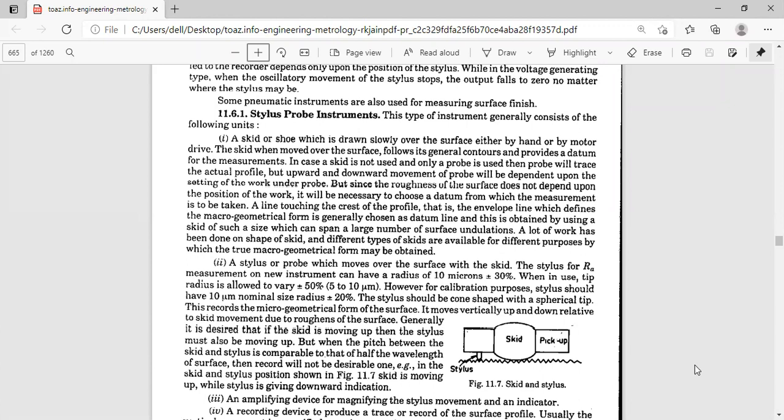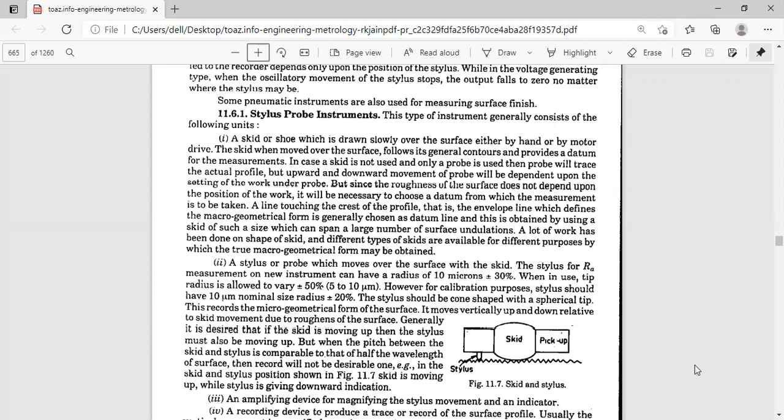But whenever we are trying to specify the pitch also, we'll discuss in screw threads and gears what is pitch, but here the pitch is nothing but the distance. So when comparing, you try to take only half the wavelength of the surface, because just like sound, whenever we define the primary texture or the roughness, it is of smaller wavelength, and whenever we specify the waviness, that is the secondary texture, it is of larger wavelength. That's why the wavelength lambda will come into the picture, and the distance, the pitch, between skid and stylus, you have to maintain.